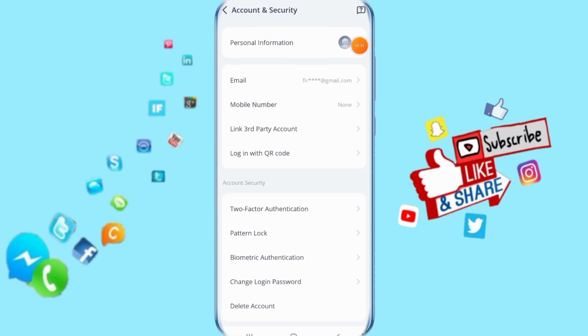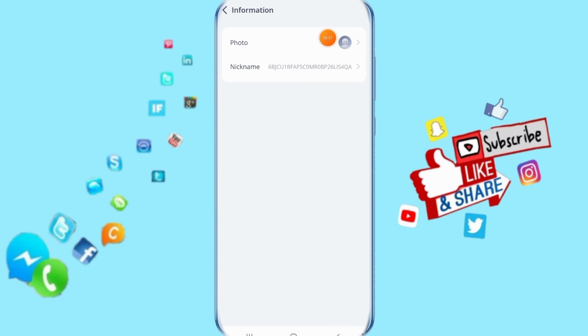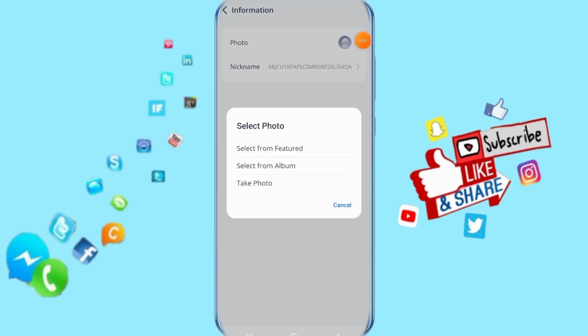You click here on personal information. Then you click here on photo. You just click on it. So then it's going to show you a list like this. Then here you can select from your favorites, or here you can select photos from your album, and here you can take a photo. So that's all you have to do to change your photo